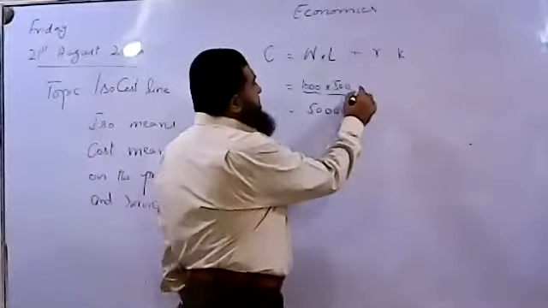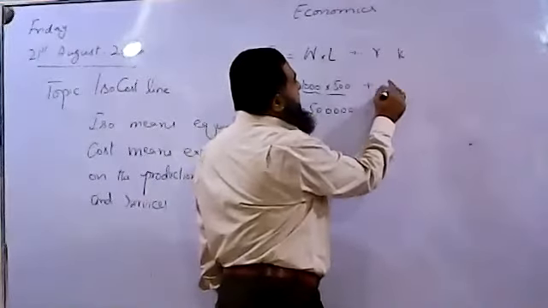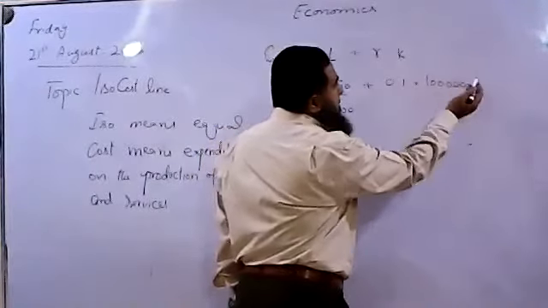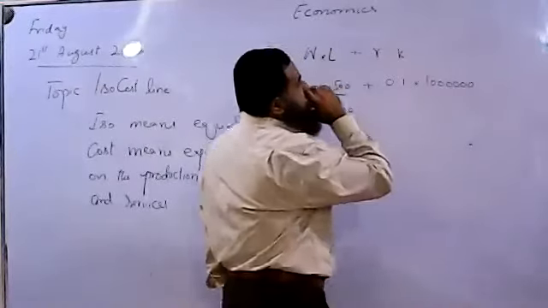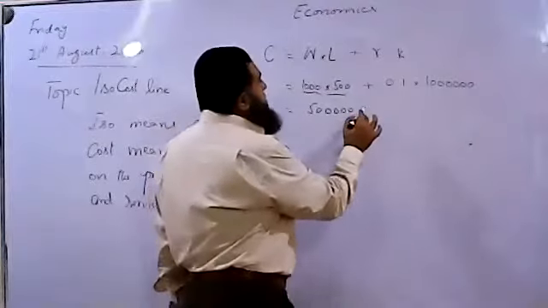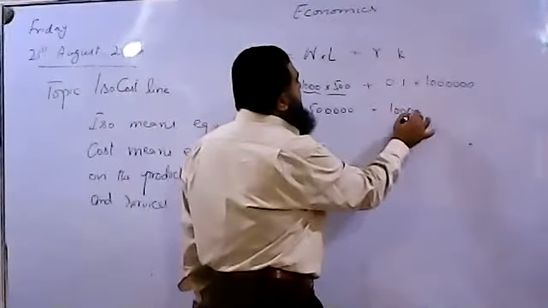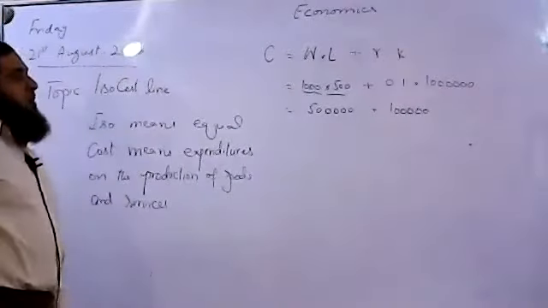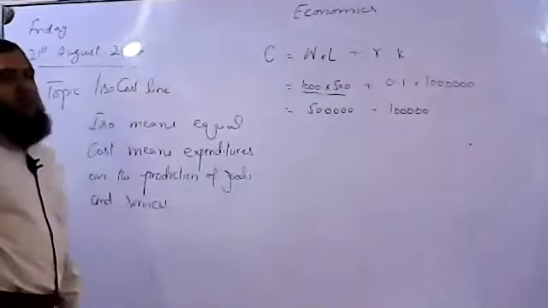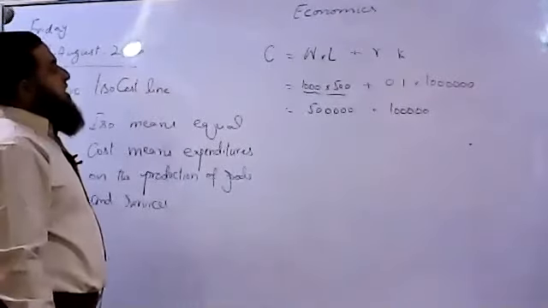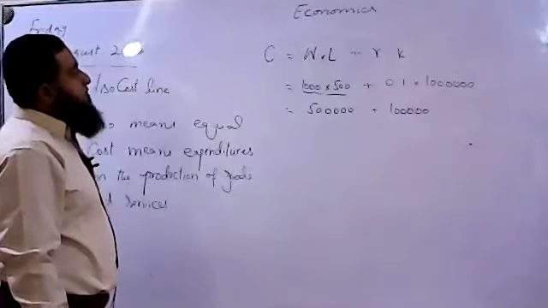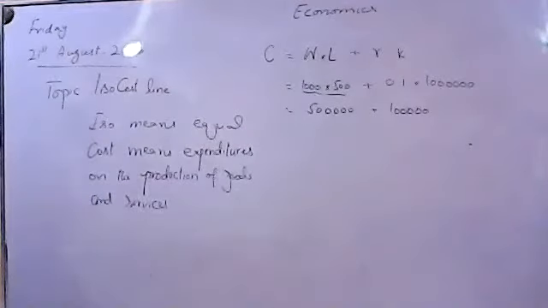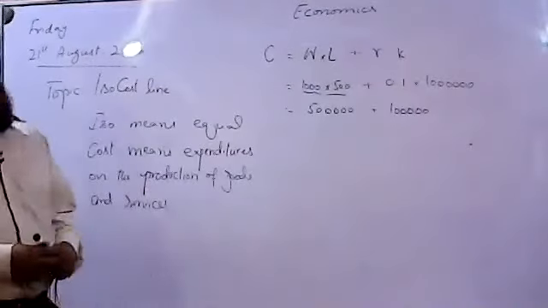And what is this? The rate of interest. Suppose we are paying 10% rate of interest on, say, 1 million amount of capital employed. So 100,000 will be our interest paid. This is the expenditure on interest. The amount of capital employed multiplied by the rate of interest will tell us how much expenditure is incurred by the firm in order to produce a certain level of output. This can be 600,000 for a particular level. So this is about the cost equation when two factors of production are employed.